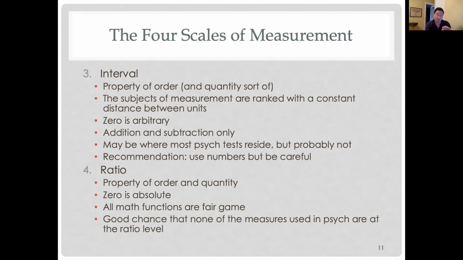Now, this is why I said sort of, because if you think about a Likert scale from strongly disagree to somewhat disagree to neutral, we're assuming that that distance is the same between each of those. It's a little fuzzy, right? It doesn't totally work. But the point here is we need to assume stuff is interval enough to run parametric statistics on them. Or, that's a fancy term, but most of our statistics. The other thing with interval is that 0 is arbitrary. 0 doesn't mean anything in this case. So a lot of stuff we do is interval.